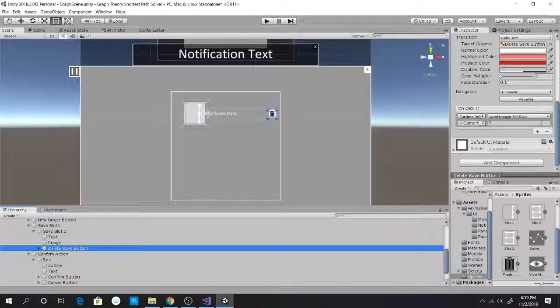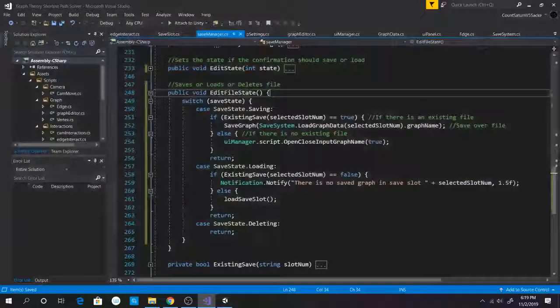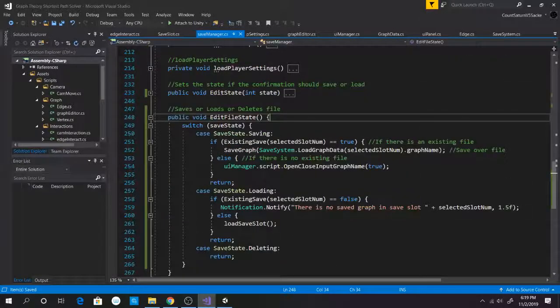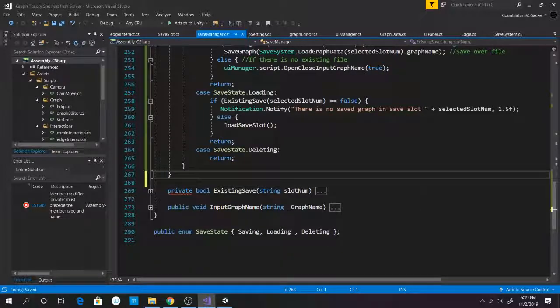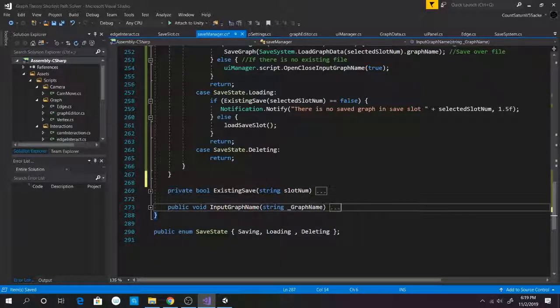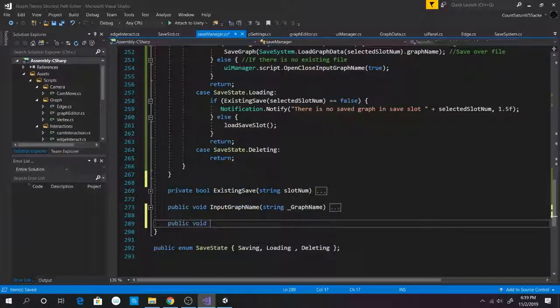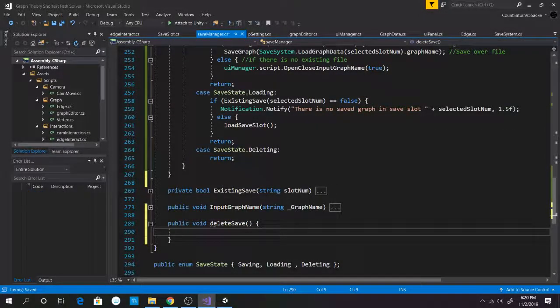However, the delete save button is not only supposed to edit state, we actually need to be using a public void. Okay. Public void delete save. What this is going to do is